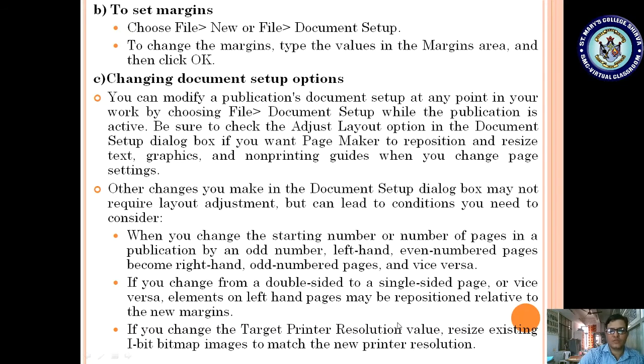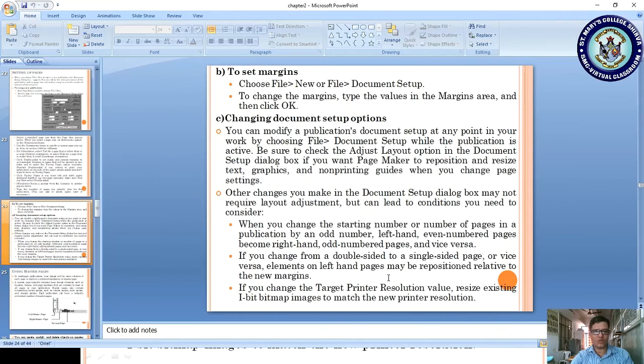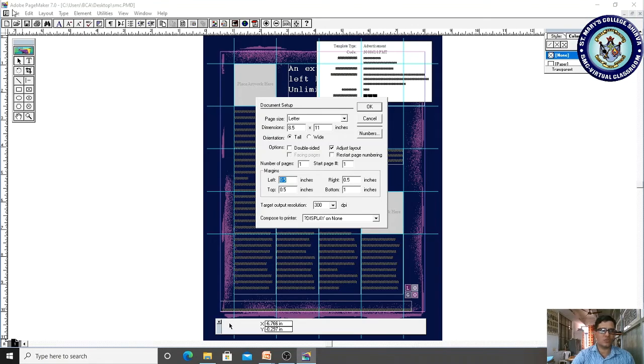And also you can specify the printer resolution. So how to print, and at what quality it has to be printed. So here printer resolution is there, approximately the target output resolution. Minimum 300 is required. If you want to give further clarity, you can take up to 600 or some 1270 output resolutions. Okay, so minimum 300 is required. If you give 600 also, it is a good shot. Okay, yes,